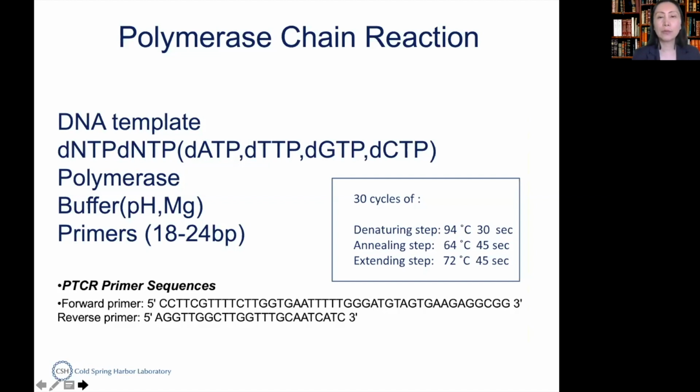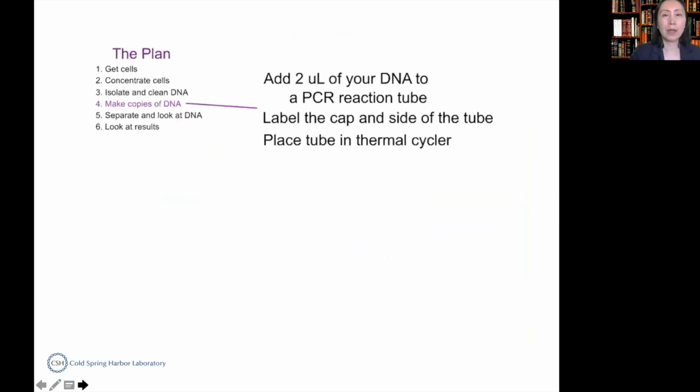So today we set up the program for 30 cycles. The denaturing step will be 94 Celsius degrees, 30 seconds each time. Annealing step, we will have 64 Celsius degrees for 45 seconds. Extending step, we have 72 Celsius degrees for 45 seconds. All right, so we need 2 microliters of the DNA you purified and add into the PCR reaction tube to